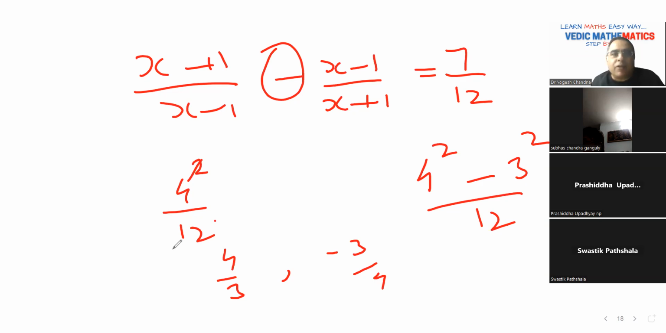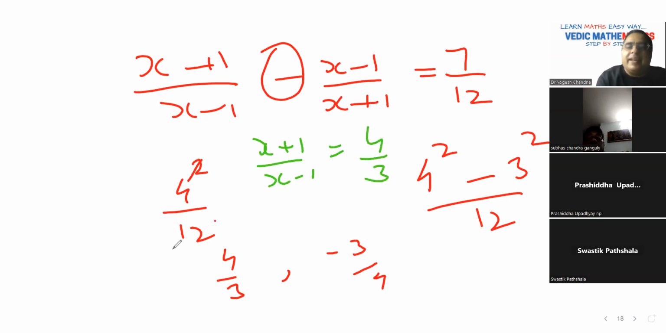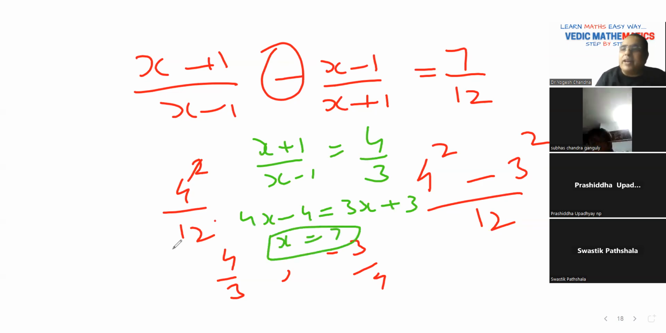Yes, now what is the answer for x? Nothing but x plus 1, x minus 1 is equal to 4 by 3. If you understand this, 4x minus 4 is equal to 3x plus 3. So x is equal to 7. This is one root. And the second,